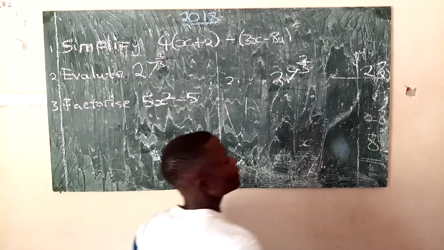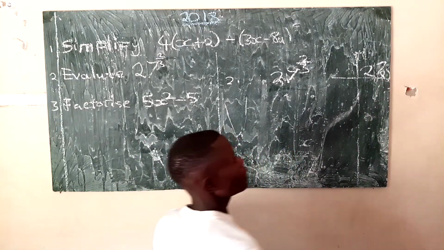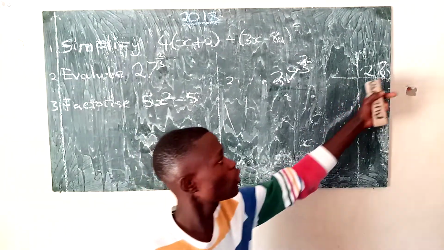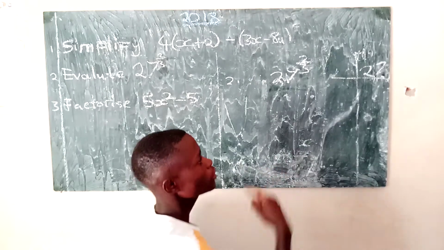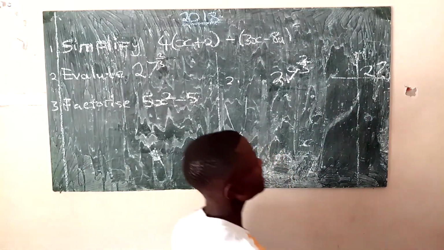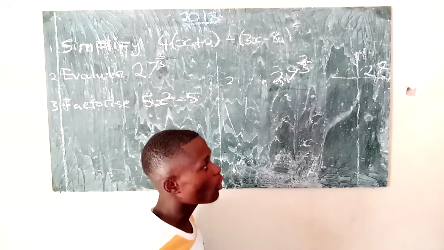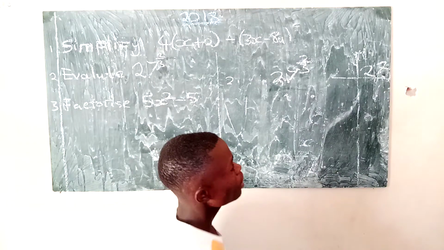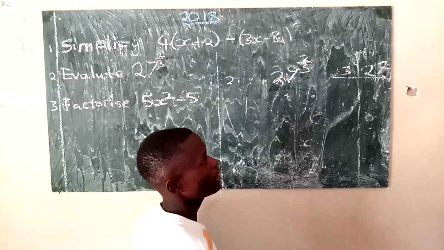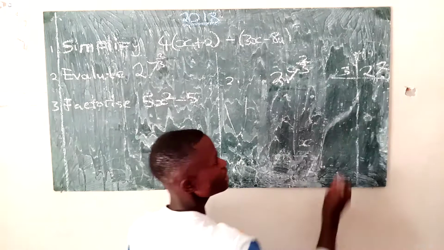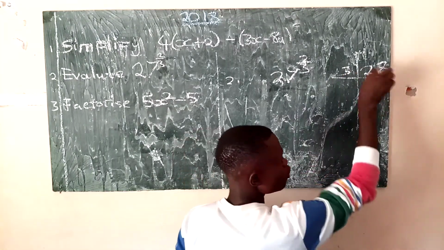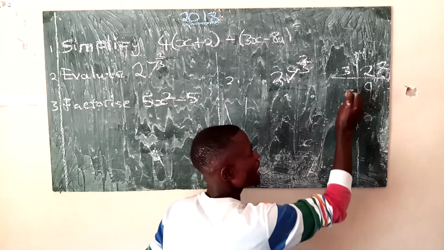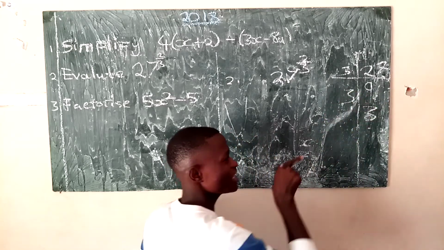You have 27. Numbers that can go into 27: you start with 1, of course. 1 can go into 27, it will bring 27 itself. 2 leaves a remainder. So you start with 3. 3 can go there. How many times? 3 into 27 goes 9 times. Again, 3 can go into 9 three times. Again, 3 can go into 3.